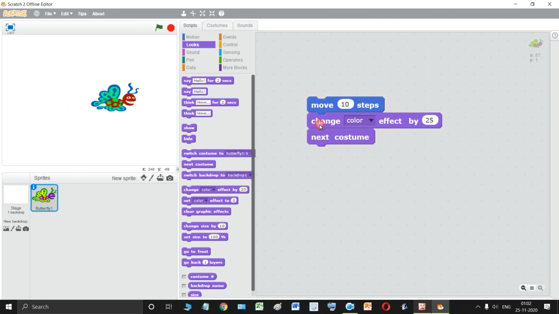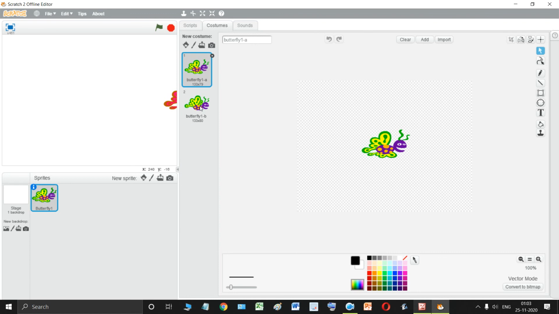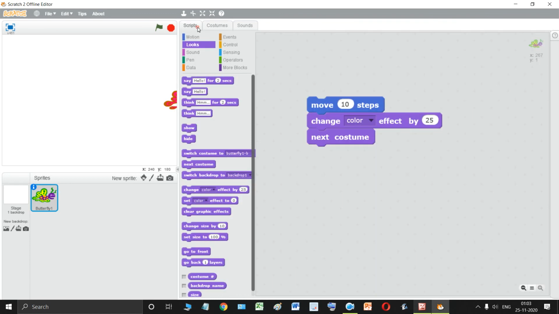It is creating an effect of this butterfly flying away, and it is constantly changing its color, and it is moving 10 steps, and it is also changing its costume. Why? Because it has two costumes. One is this costume and another one is this costume. So it is creating an effect of the butterfly flying, and changing its color also.